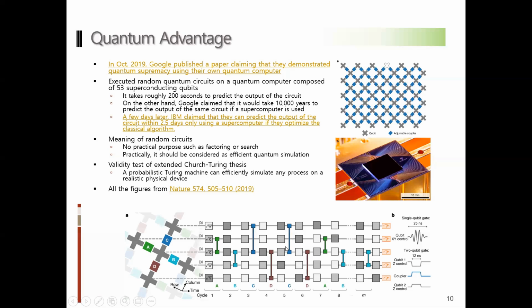However, if we are just trying to calculate what will be the final quantum state, then the challenge is that because the number of qubits is more than 50, we have to hold all those coefficient information in the memory of the classical computer, and then it actually requires more than the number one rank supercomputer. And based on such kind of limitation, they estimated that to solve the problem corresponding to the 53 superconducting qubit problem on the classical computer, it would take more than 10,000 years. While if they just try to estimate the result using their real hardware, then it would take about 200 seconds. And then 200 seconds is not just the time to execute this one from here to here,